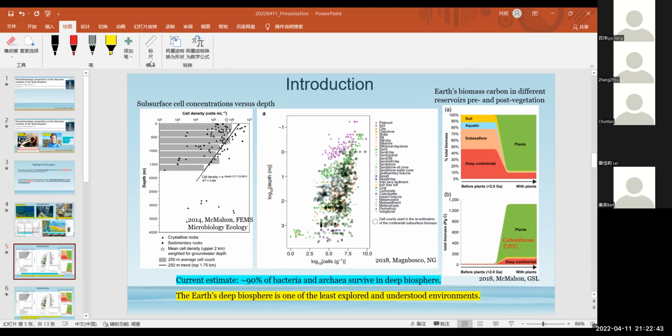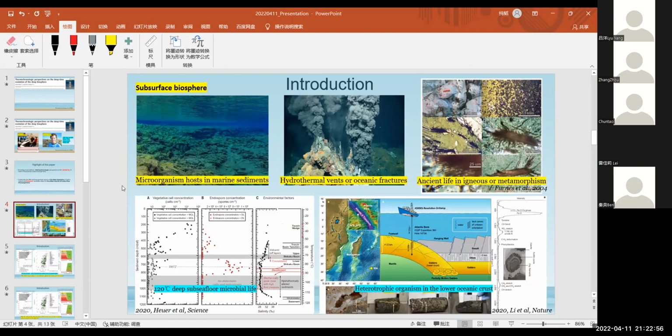Hi, Chantal. I have two questions. The first one is, is oxygen necessary for these bacteria in the deep earth or in the deep biosphere? Yes, oxygen is actually the most important limiting